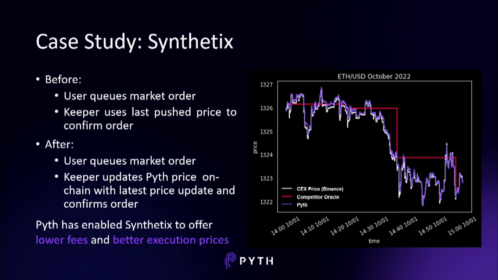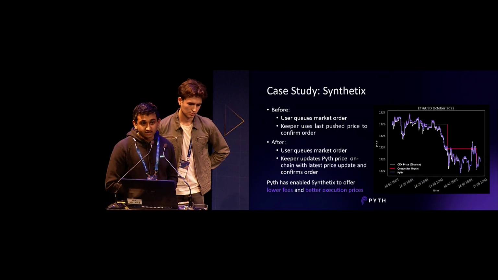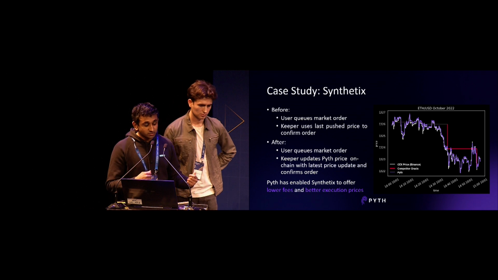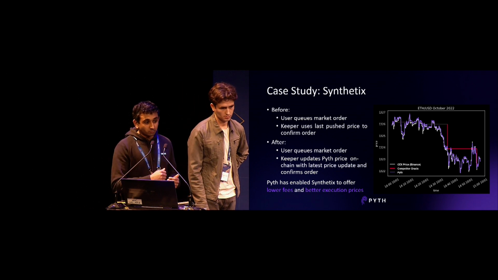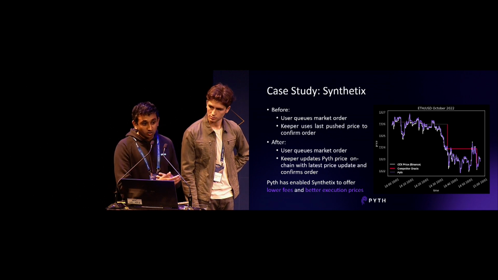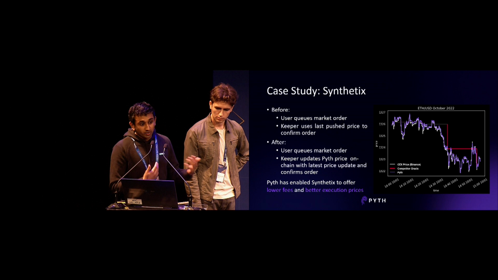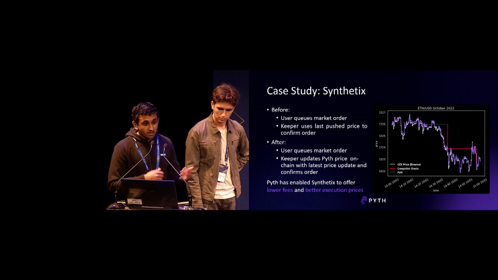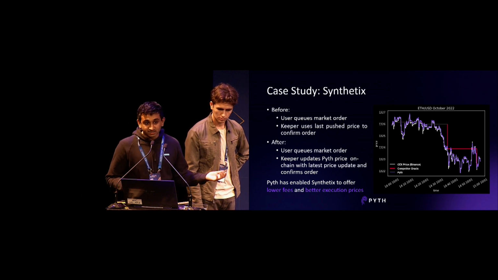This graph actually came from a report we did for synthetics. What we find is that on expectation, the Pyth price lags the Binance price by less than 5 seconds. The competitor oracle's average lag from Binance, or average update time, was over 200 seconds, and the price dislocation was over 20 basis points. Fundamentally, we believe that Pyth is an oracle that stands apart due to its more robust data and lower latency price feeds, which ultimately leads to better UX, better capital efficiency, and improved protocol design space. We're happy to take any questions.